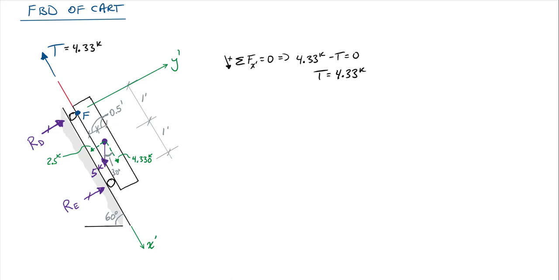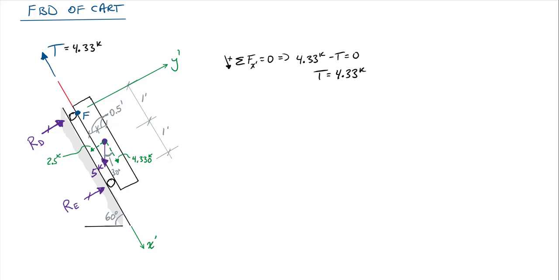I can't do sum of forces in the y prime yet because R sub D and R sub E are both acting in that direction. So I'm kind of out of luck. I can't even say that they're equal. Some people might say, aren't they each half of 2.5 kips? No, that's not absolutely true. The 2.5 is only that y prime component. We also have this 4.33 kips, which is causing some